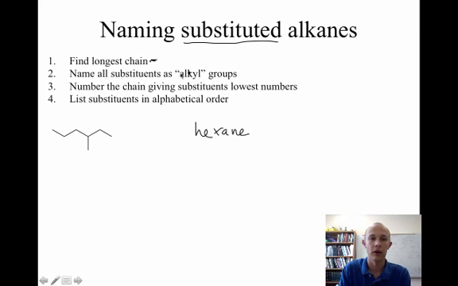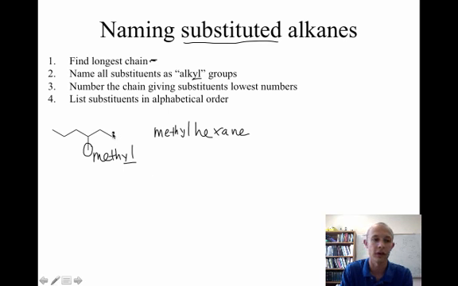Now what we're going to do is name all the substituents as alkyl groups. A substituent is a thing that's branching off. Since this is one carbon, instead of a one carbon alkane being called methane, the substituent is going to be named as an alkyl group, so we drop the "ane" and we call this methyl. Notice that instead of "ane" we added "yl". Methane is now methyl. So we're going to call this methyl hexane. But we want to specify where the methyl group is, so you want to number the chain, giving the